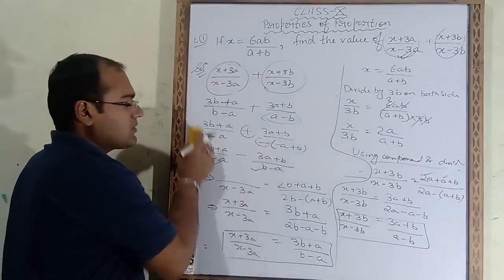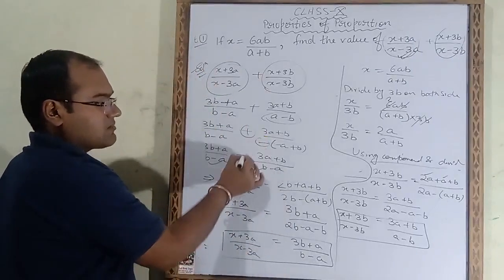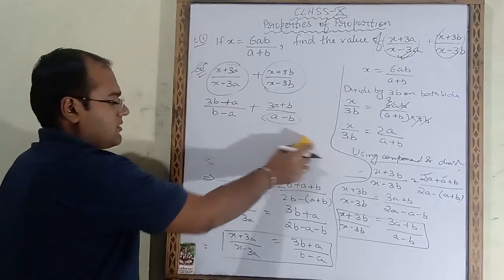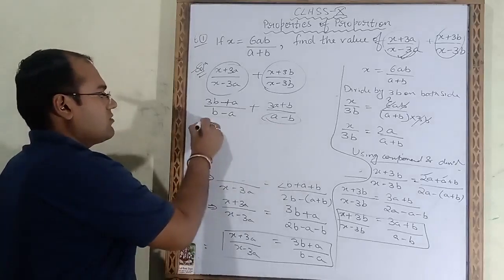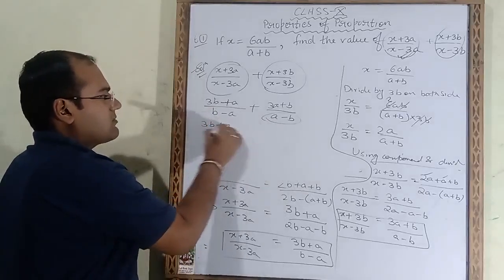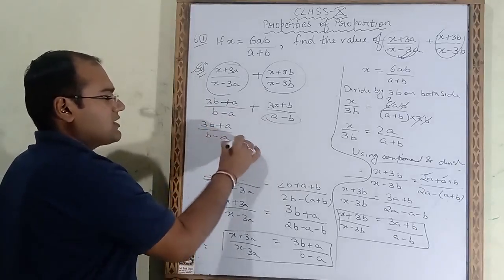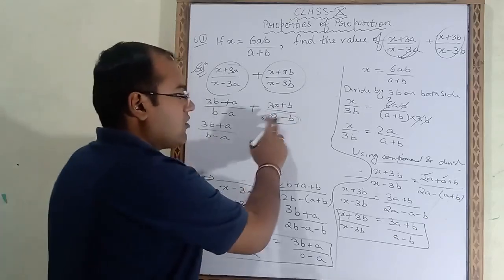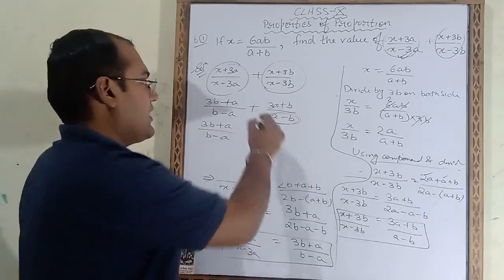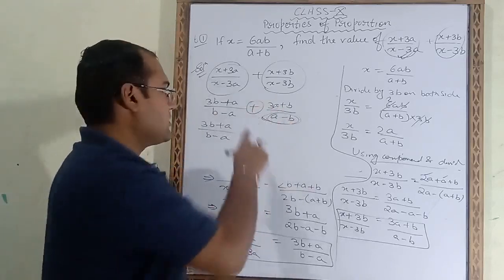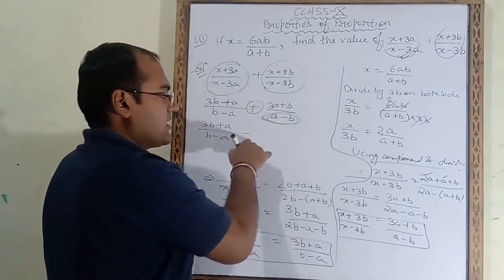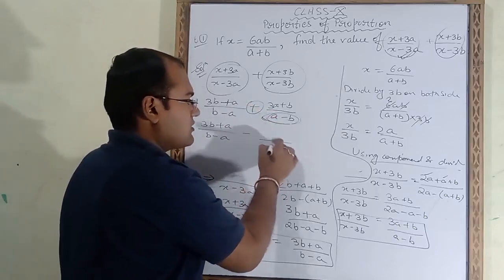What you have to do, as we had done, minus plus minus we had written. So no need to show this step. We will simply show this term will remain the same, (3b + a) upon (b - a). In the denominator we will change the sign of both the terms, and here positive also we will change. So this plus will become minus. Because of this sign we had changed, we will change the sign of the denominator also.